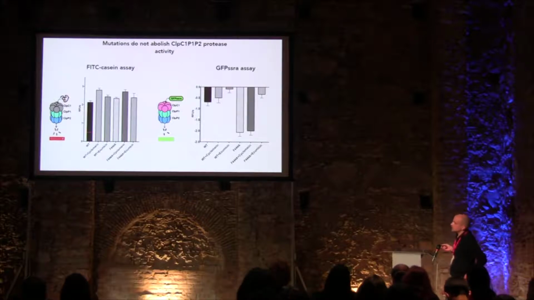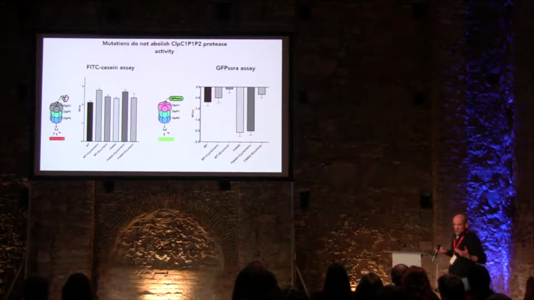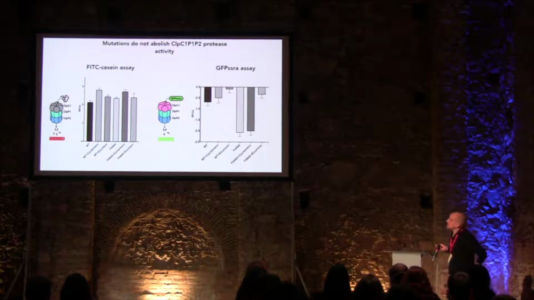Another thing that's really important is to test the full thing, to test if this ClpC1 was also able to bind to ClpP, the protease, and was also able to catalyze protein degradation. And this is more difficult to explain, but I'll try to be as clear as possible. So basically what we do here, we use model substrates. One of these model substrates is casein. Casein doesn't have a defined structure, so it can be considered an IDP.